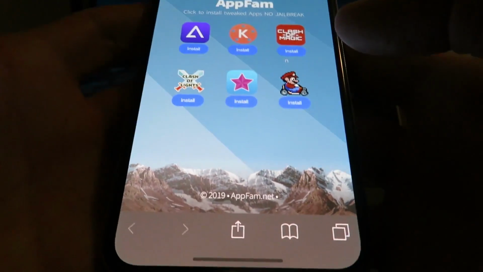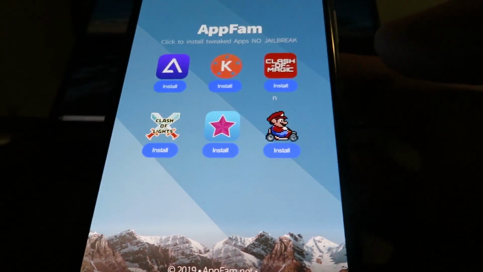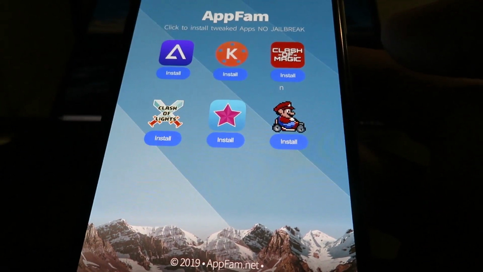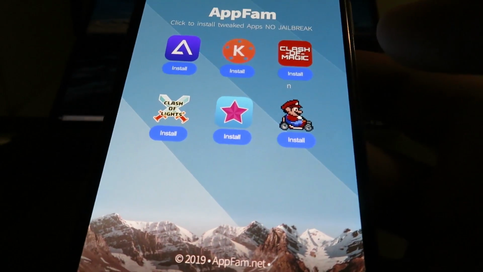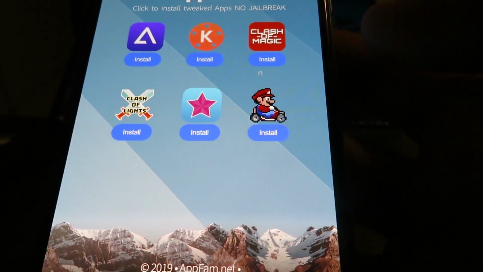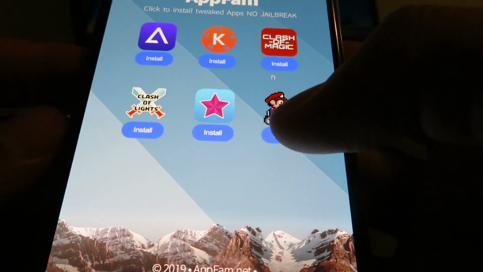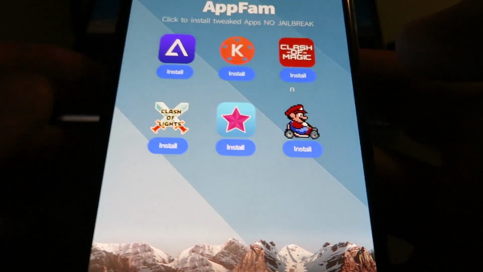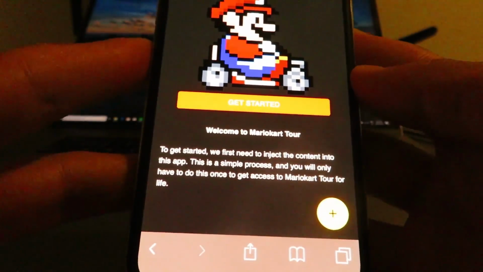Okay, so once you're over there, it's going to take you to this page, okay? And as you can see, there is the Mario Kart icon. I believe they need to update that. It must be from the beta still. So just click install under this Mario Kart, and basically it's going to take you to this page,